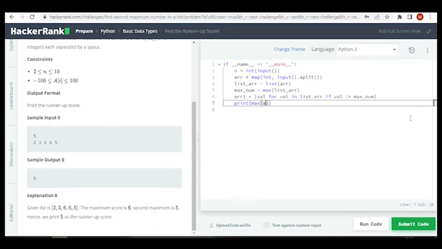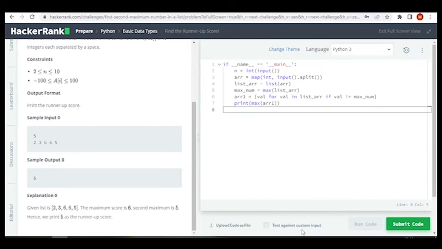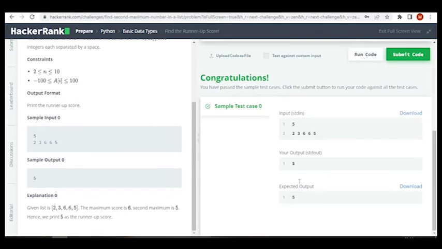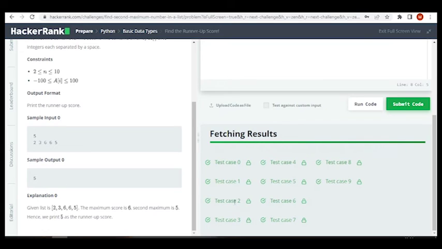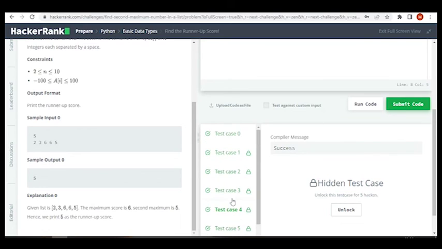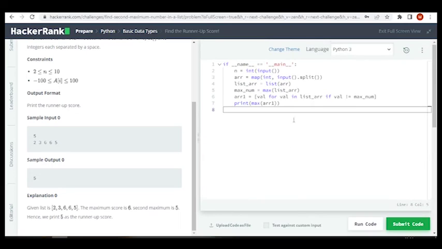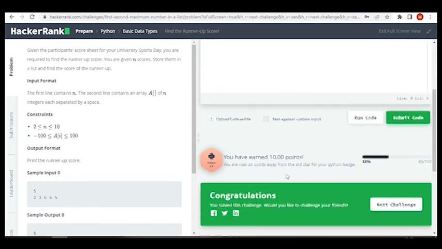So let's do this. Okay, let's try to run the code. Okay, sample test case 0 is passed successfully. Now it is running a lot of test cases, and test case 2 was running. Okay, all well, so everything went well. So that's how you can write the code. Let's move to the next